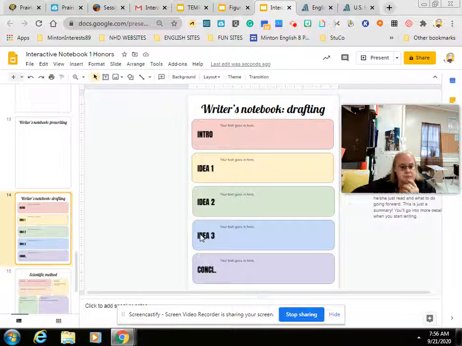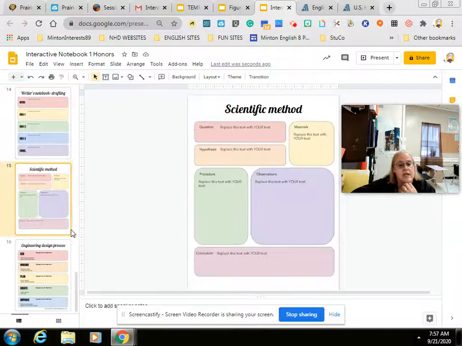Drafting, again, you got your drafting, and we'll go through this, and I'll probably fix this up a little bit so that we're not just in idea one, idea two. It's going to be point one, point two, because most of the writing that we'll do is argumentative. Scientific method, you might even use this for science class. We'll do this here, although it could definitely be ask a question and then make a hypothesis. I believe that,